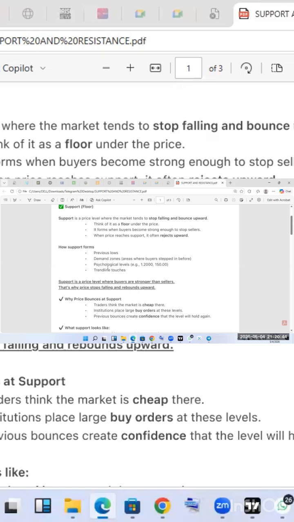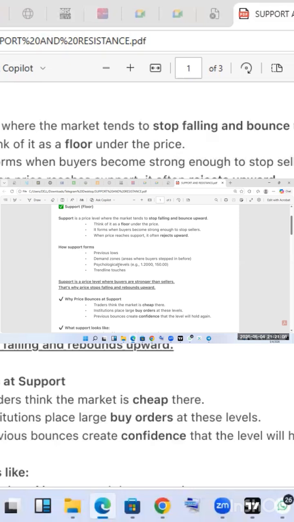Previous lows: let's say the market has left a particular zone, so that becomes support. Before the end of this class, I will show you in the chart so you can understand. Previous low, demand zone, as I explained,